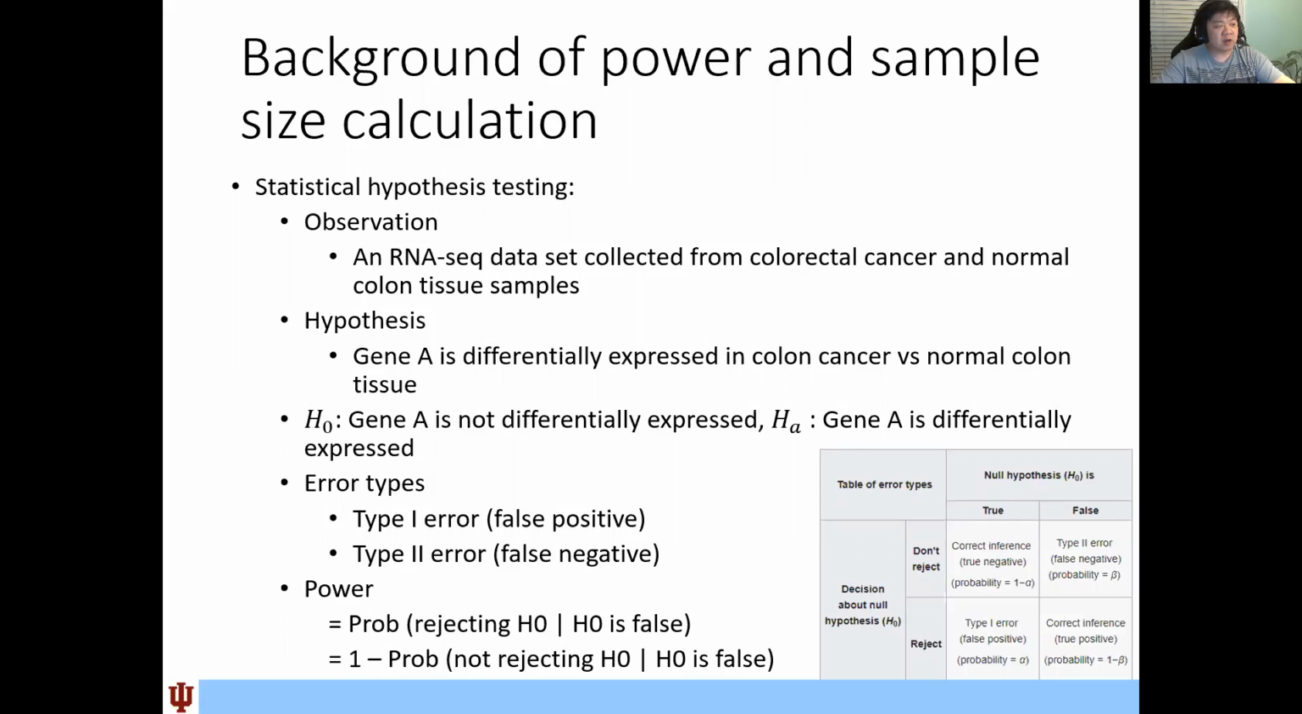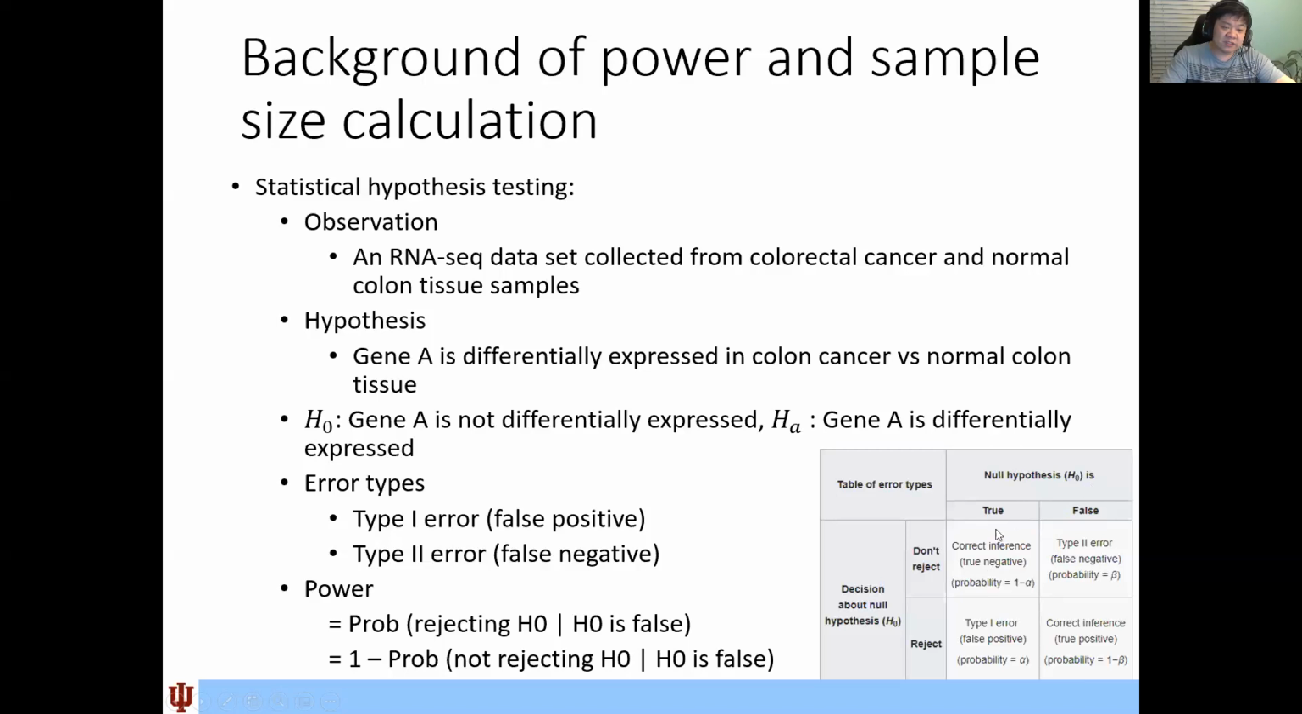First, we have our observation, for example, an RNA-seq data set collected from colorectal cancer and normal colon tissue samples. And we have a hypothesis to test: whether gene A is differentially expressed in colon cancer versus normal colon tissue, for which the null hypothesis H0 is that gene A is not differentially expressed, and the alternative hypothesis H alpha is that gene A is differentially expressed. As shown in this table,